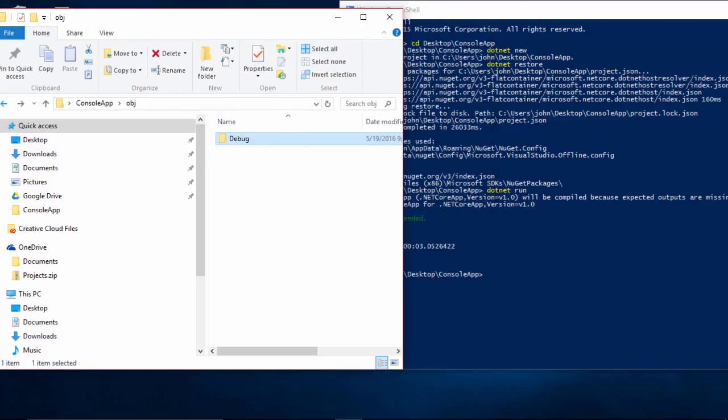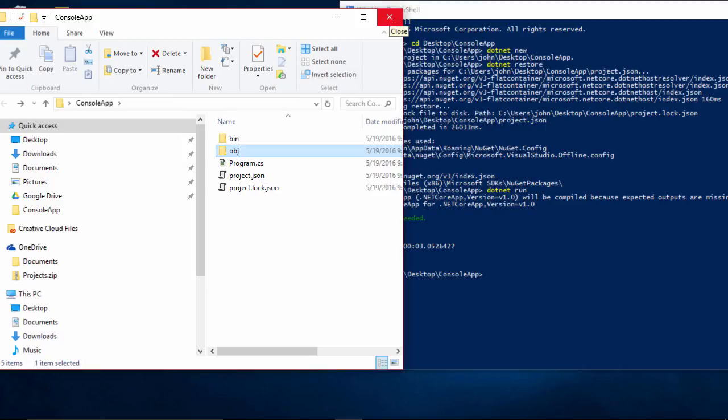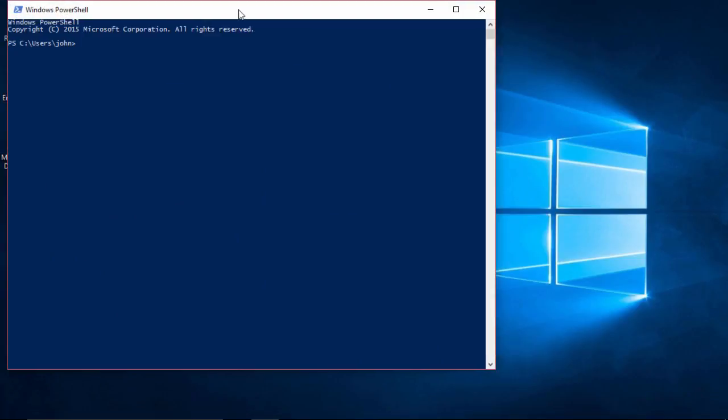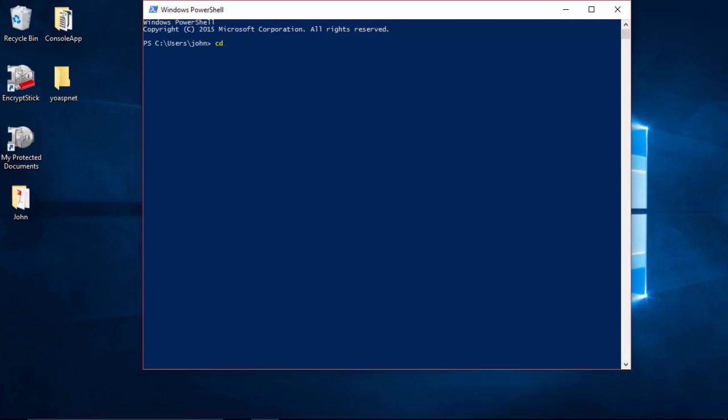This is what it builds when I implement my ASP.NET Core application. So this is a console app, and this is how we'll emit and build our application from there. And once we do that, let's open up another PowerShell instance and type cd desktop, then yo aspnet. You can see in my folder right there, yo aspnet. So I'm going to that directory, and then I'm going to type yo aspnet to associate it with the Yeoman